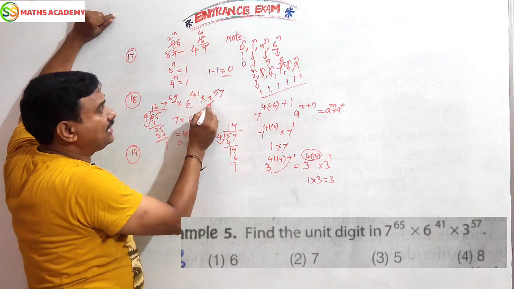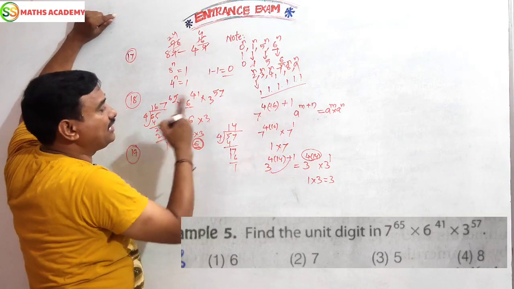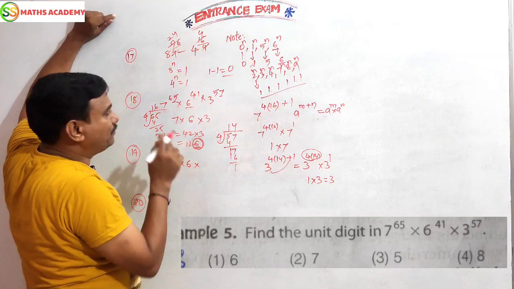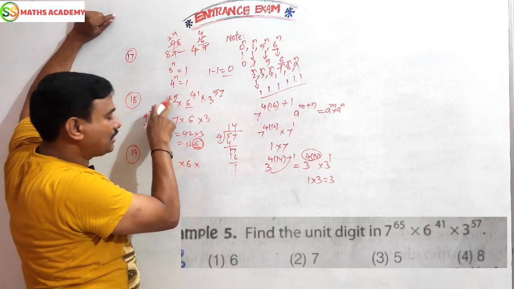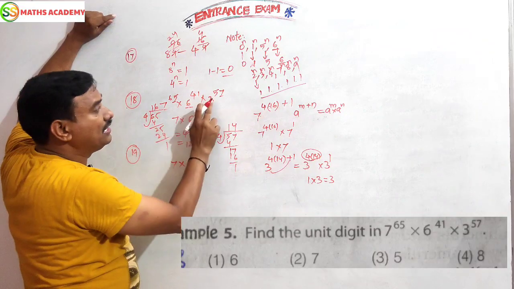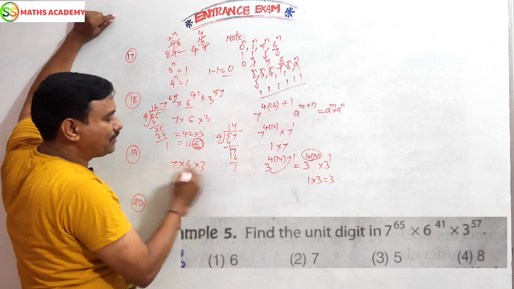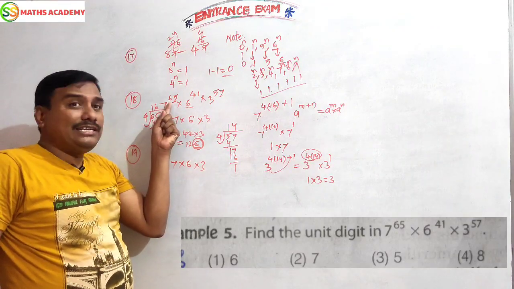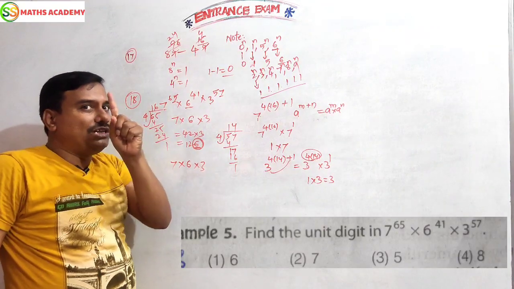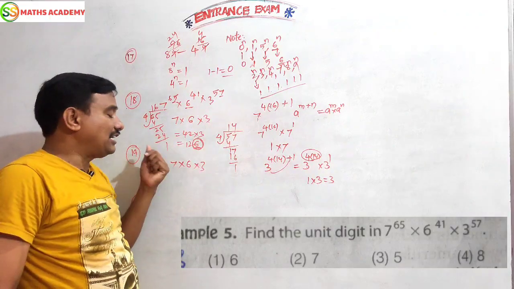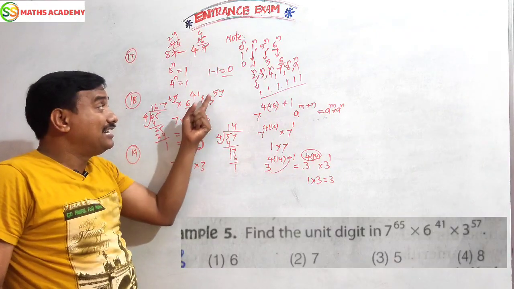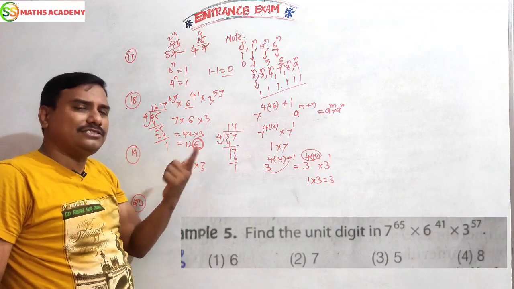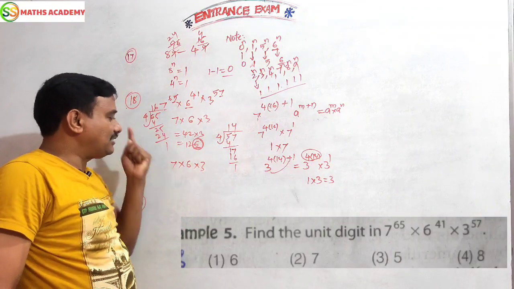Now 7 and 3 like this model: compulsorily the number 1 or the same number will come. Here what is the number? Odd number. Compulsorily this number will come. Here also odd number. Compulsorily this number will come. Because you see 14 4 is 56. Only one remainder. So that remainder one means 7 will come. Here also remainder one. In such cases you can take direct 3 and take direct 7.